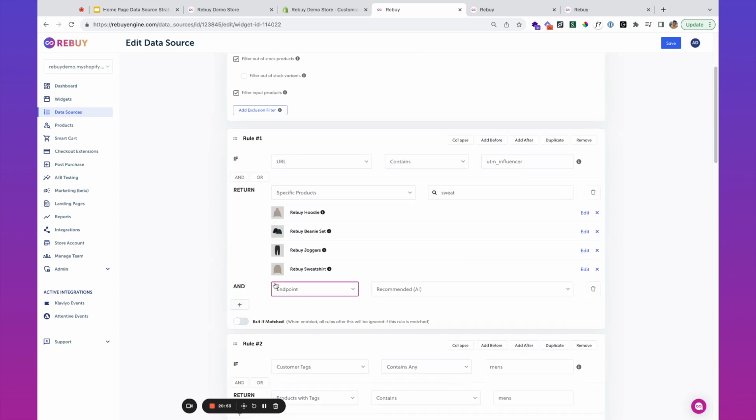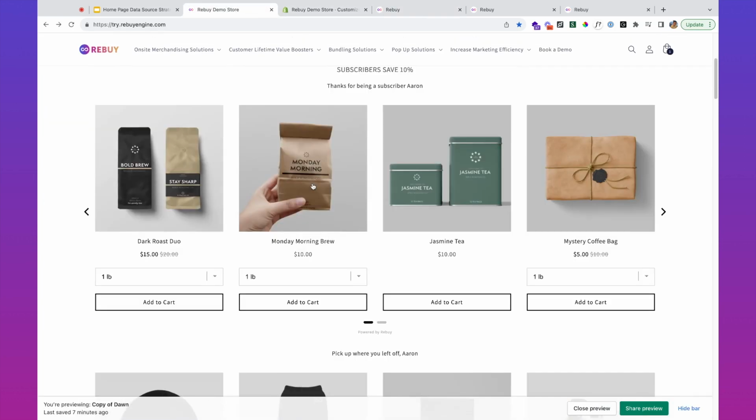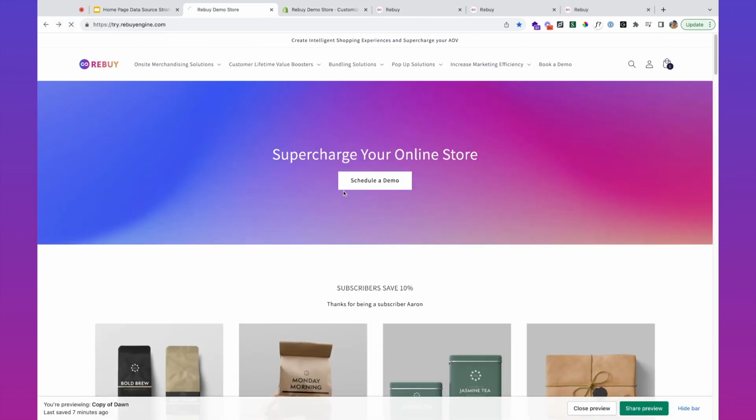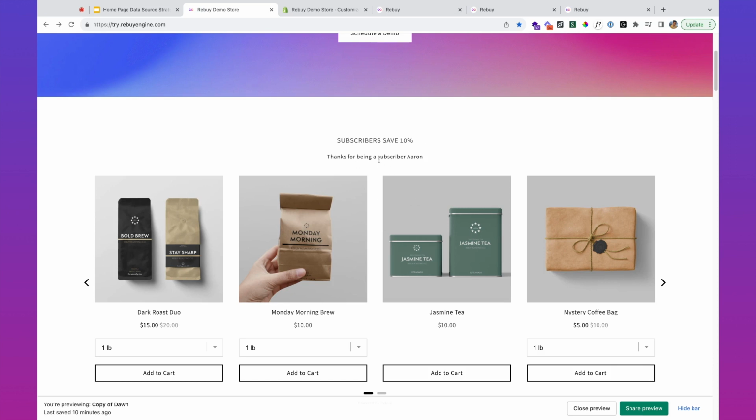And I'm going to change the title over here to say more influencers top picks. I'm going to turn on exit if matched here. So now, basically what we can do is we can key off of this specific UTM parameter to ensure that the right products are offered based off of how the customers are actually clicking through. So again, let's say I took a look over here, regular URL. I just visited the site organically. I'm still shown this